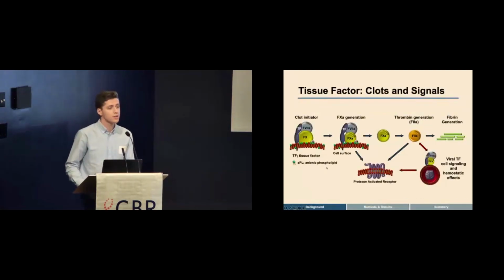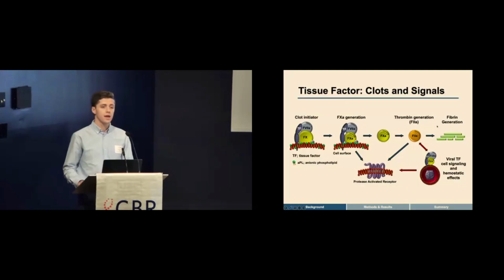So to start us off, the main players in this are tissue factor, which is a transmembrane protein that acts as a cofactor for clotting protease factor 7A. When 7A binds to tissue factor, it enhances the activity of 7A to cleave factor 10 and ultimately produce 10A. 10A can leave this complex and contribute to the downstream generation of thrombin and eventually lead to a fibrin clot